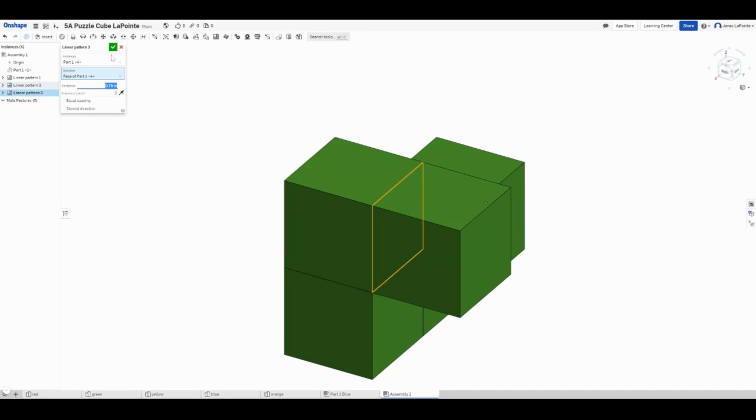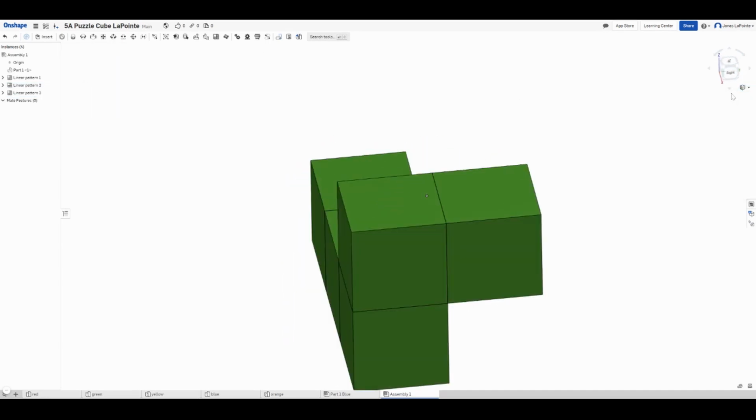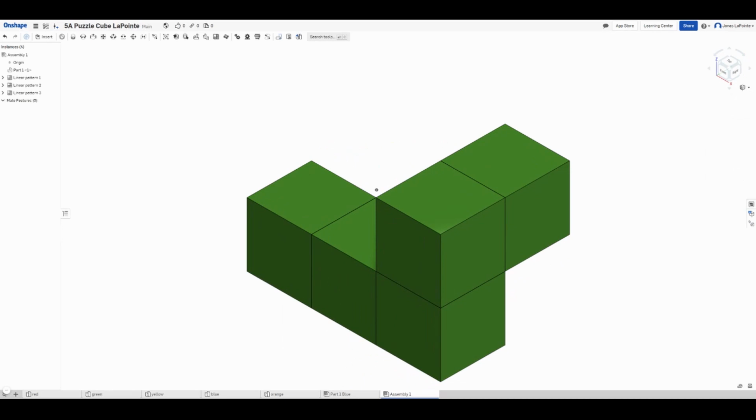0.75. And I'm going to just rotate this back to the isometric view. So that's how you can build parts by using this tool, which is Assembly Linear Pattern. For my next ones, I'm going to show you, let me change this name, rename, part